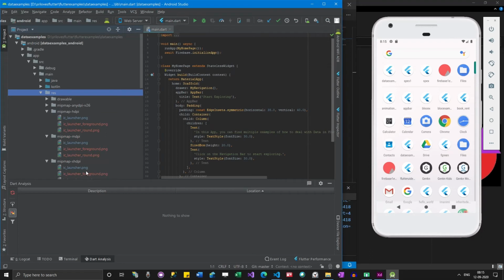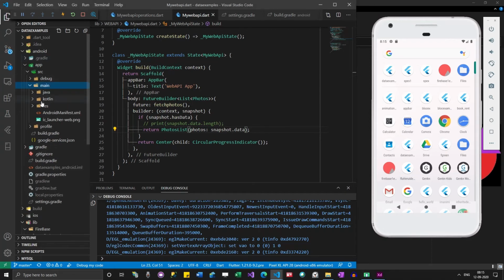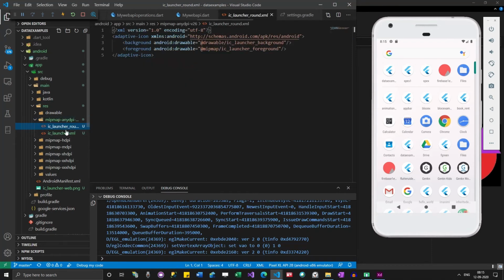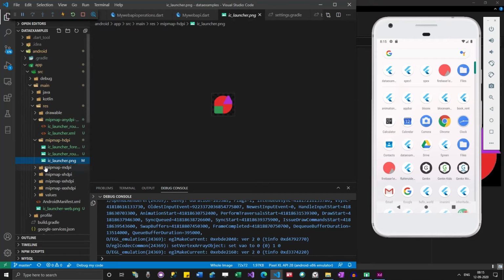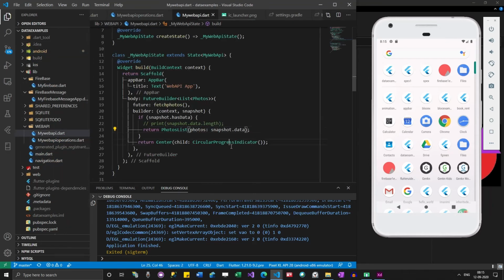So now all these icons are updated. I'll just close this, exit, and if I go back to my Visual Studio Code project, I can go here and see what these icons are. Okay, so here you can see the icons are there. Now what I will do is I'll just stop this and then run this app. Let me go to the code file and then run it.